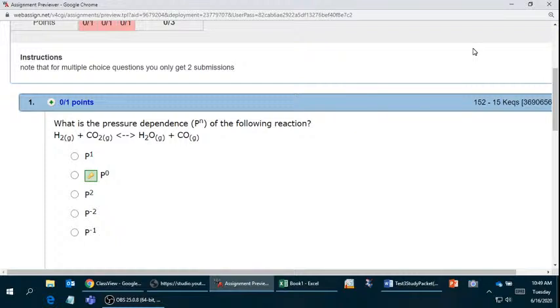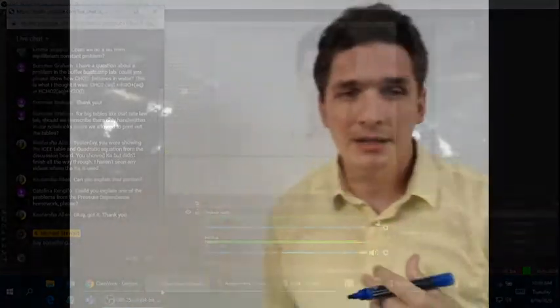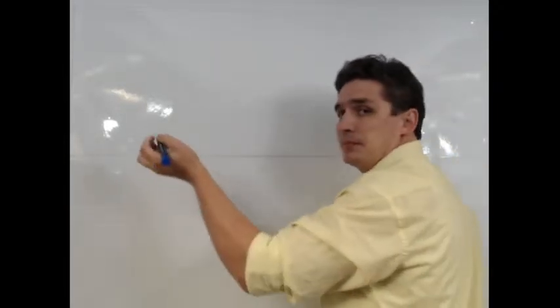So this is one of the first problems. What is the pressure dependence, P to the n, of the following reaction? So the big picture on how we solve these types of problems is that